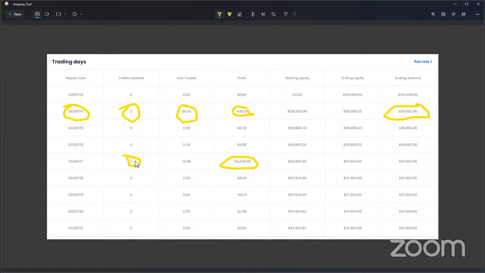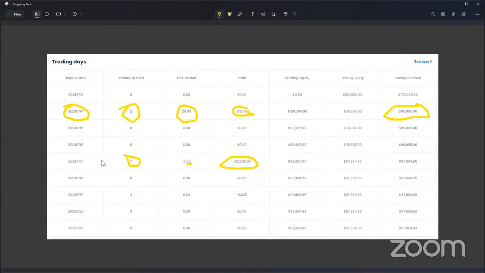The other 6 or so trades is because when I came back to the charts, I was just doing a bunch of testing to see why I didn't hit TP. And you can see the 0.6. So I was just using 0.1 trades to test out both buys and sells. So you can see the first trade was a 10 lot, and then the next 6 trades ideally was me testing why the